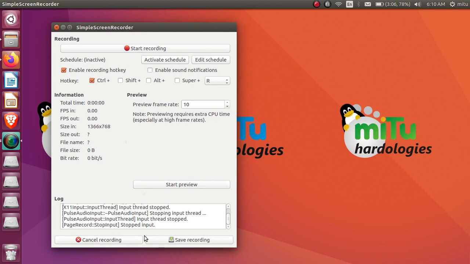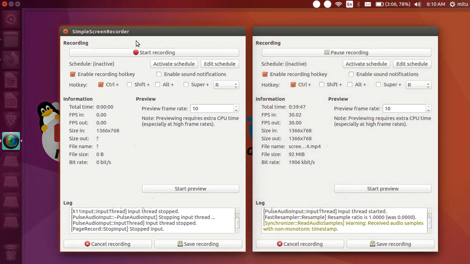Here again two more options are present, that is cancel recording or save recording. If I cancel, this window will be cancelled, and the recording will also be closed. And if I click on the save recording option, the recording will be saved, and then we can preview that recording afterwards. Now, when you start recording, what options will be shown, that you have already seen there. You can just check this out. When I click on that, this kind of window will be visible.